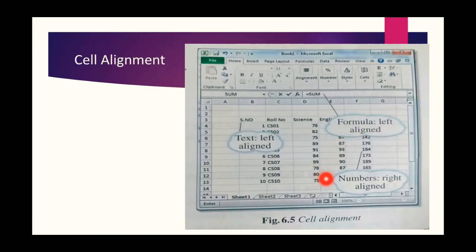A formula begins with an equal to sign and is left aligned before the Enter key is pressed. After pressing the Enter key, it gives the answer in numbers, which are right aligned, or text, which is left aligned. This is the formula equal to sum.